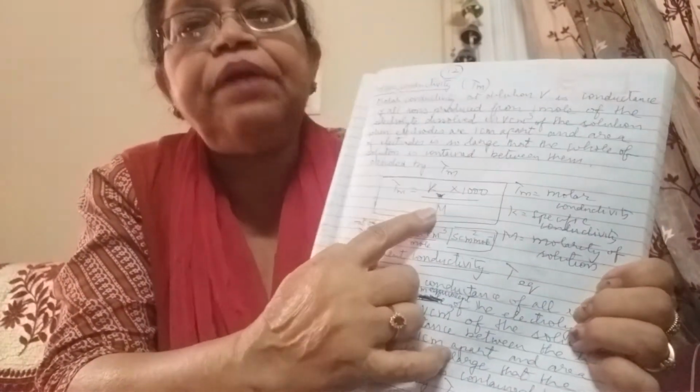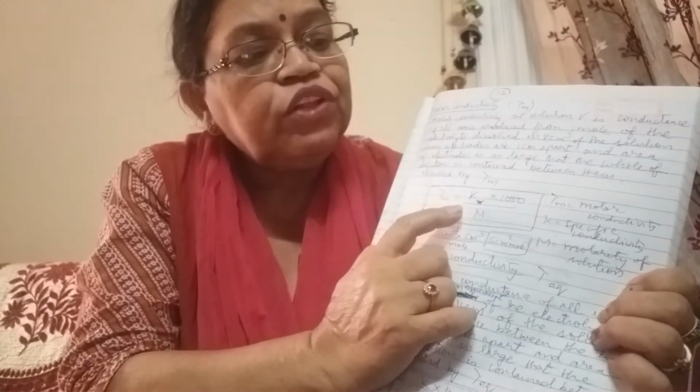Molar conductivity is given by kappa into 1000, this is V centimeter cube, the same volume, divided by molarity. If you increase the dilution, you reduce the concentration of the solution, you add more water, then the value of